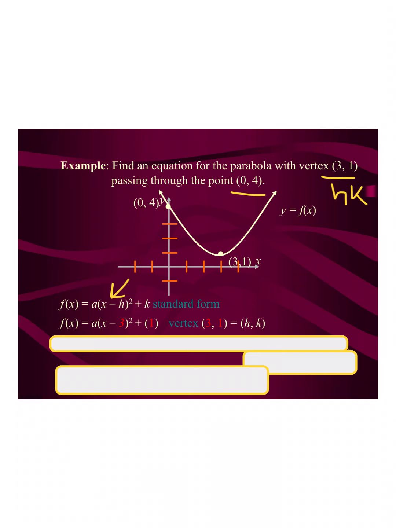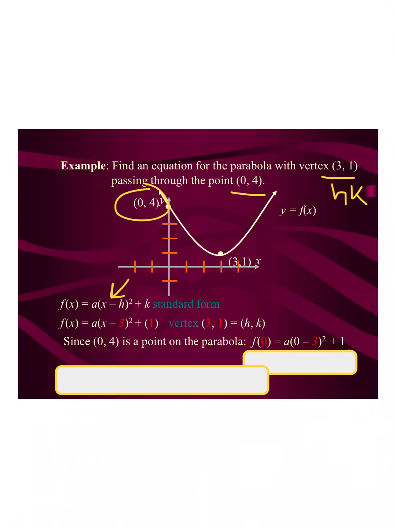I'm now going to use my point, and I'm going to plug in values from my point. If I do that, then we can see that we have f of 0 is equal to a times (0 minus 3) squared plus 1. So just to reiterate, my x value from the point was 0, so I plugged in a 0. And then this notation, f of 0, means what is the y value of that point. So if I plug in that y value, we can see from the graph it's a 4. So I'll plug that in for f of 0, and I now have 4 is equal to